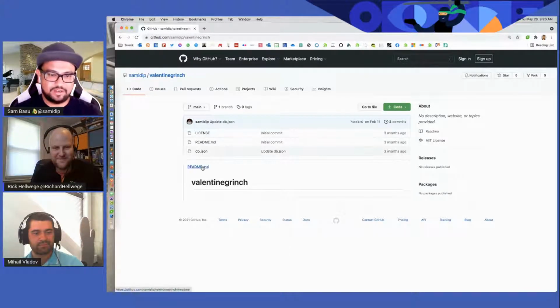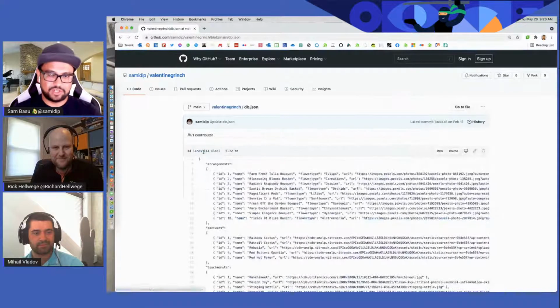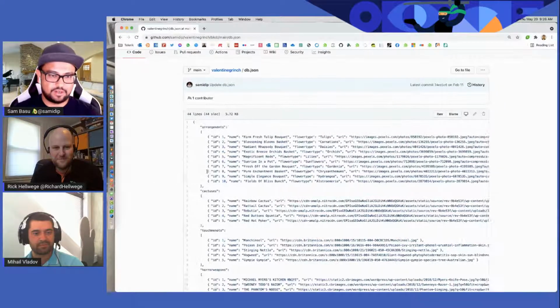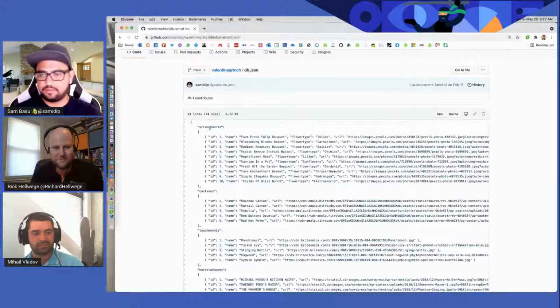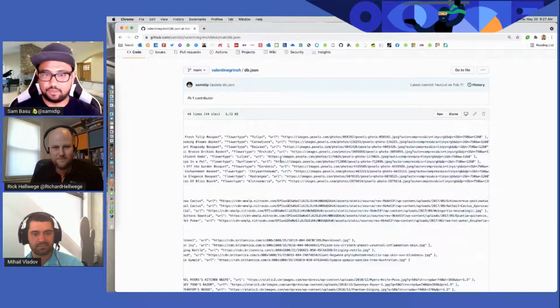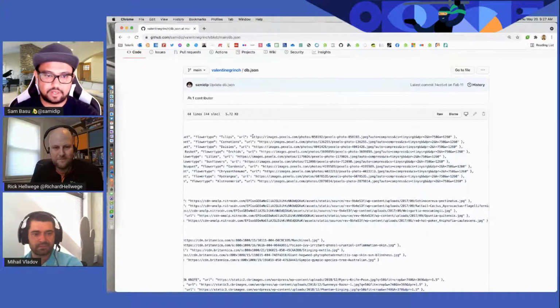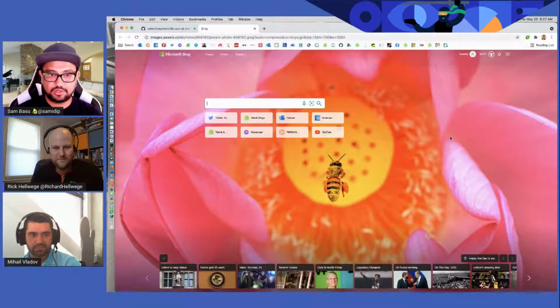And what it is here is, if you look at db.json, it's just completely random data. And what I have here is just pure JSON. I have some arrangements, which I'm not even sure if some of the URLs are still valid, but it's just JSON. So I have arrangements which have the names of some flower type arrangements. And then I have a URL for some of their displays, which let me check if any of these things are valid, because they were just random URLs off the internet. So there should be an image to most of them.